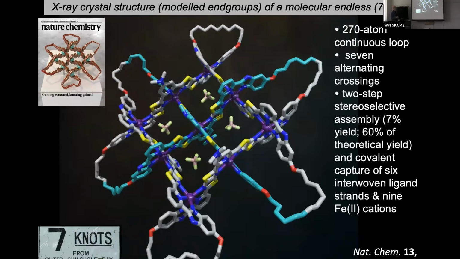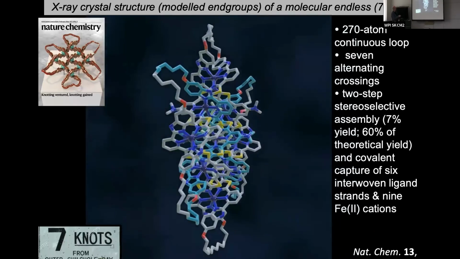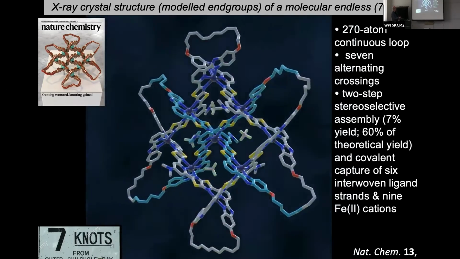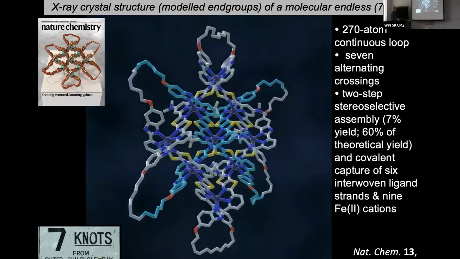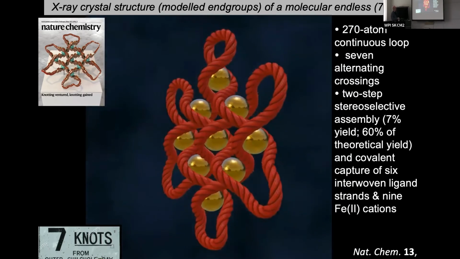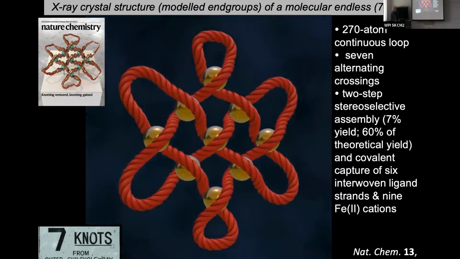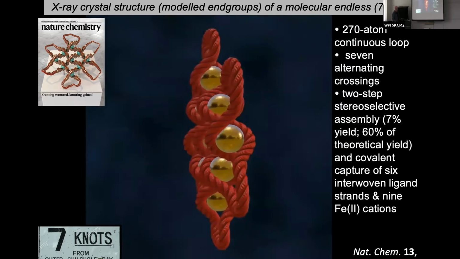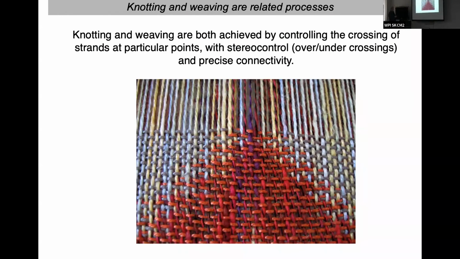We can use it in the construction of other molecules. And if we rotate around here, you can see that it's a completely flat structure with the metal ions in the center of these 3x3 grids, and it has the same topology as a Chinese knot with the nugatory crossings at the end. So knotting, of course, is related to weaving. They're both achieved by controlling the crossing of strands at particular points, and you need to control the stereo control of those crossings, whether they're over or under, and control the connectivity in order to form a continuous woven structure rather